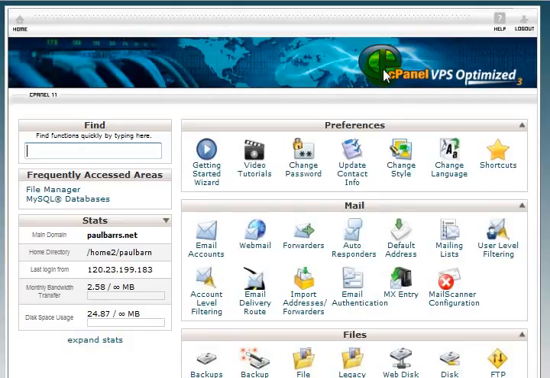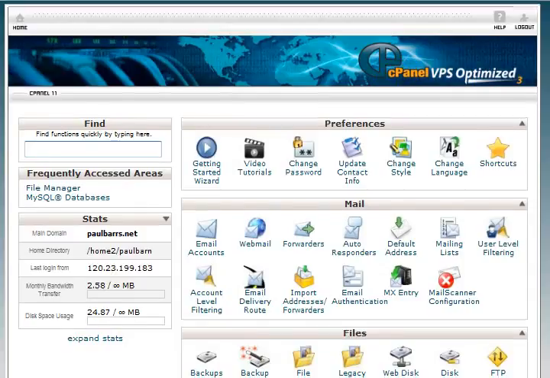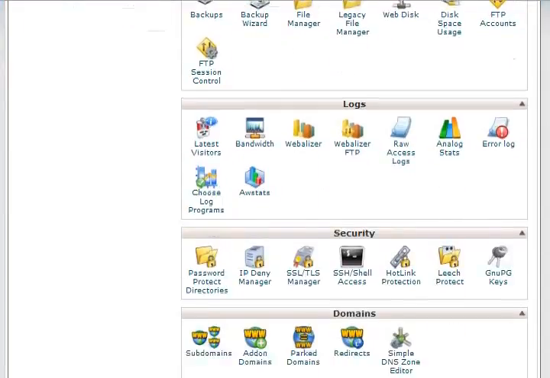I'm just going to start here in the cPanel control section, and of course if you don't have access to a cPanel with your current website host, I suggest you ditch that host, get yourself a new one. You'll see links at the bottom of paulbars.com and paulbars.net that will give you some information on where you can find good hosting. But very simply, I'm going to show you one of the easier ways to install WordPress using